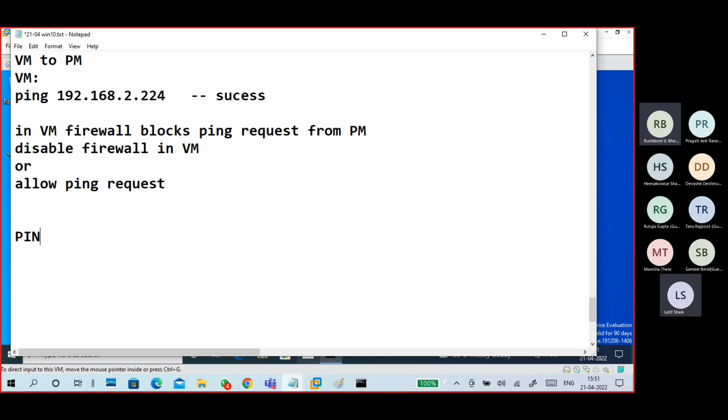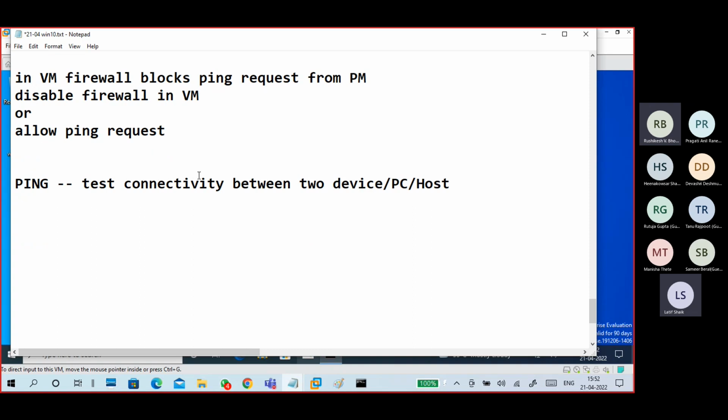Guys, remember, ping stands for Packet Internet Groper. Ping is to test connectivity between two devices, or hosts, or PCs. Host, PC, systems, devices, any word you can use. Ping uses the echo mechanism.